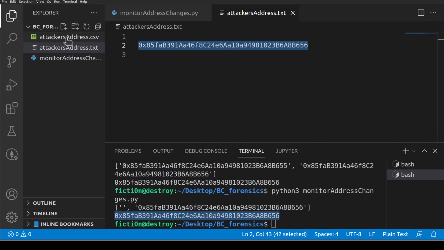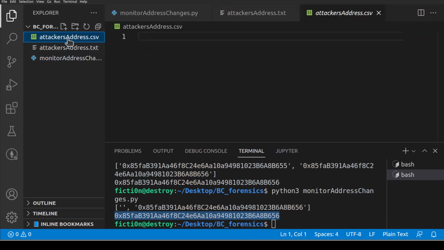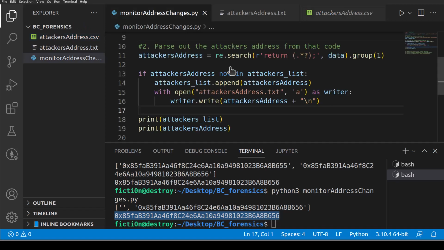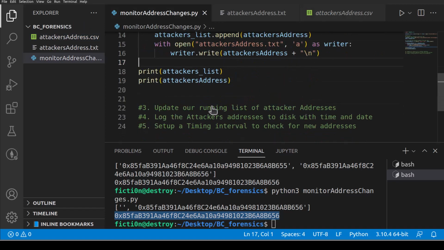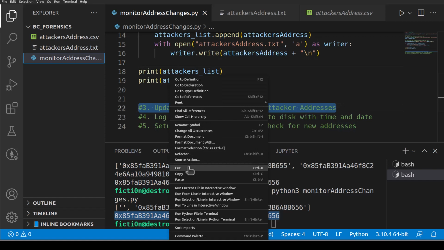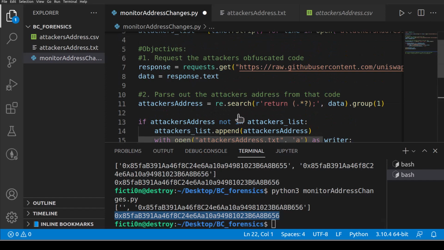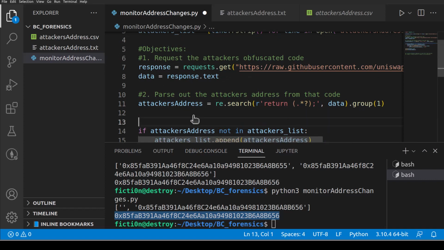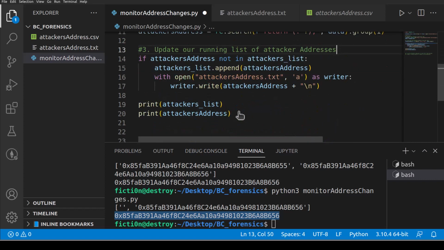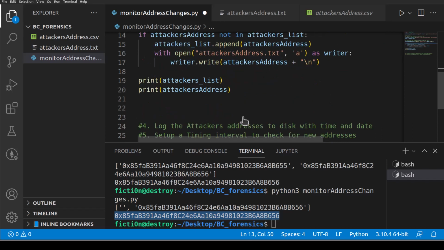But we also have this attacker's address.csv. And what we wanted to do with this was we wanted to add the attacker's address plus the current timestamp. So let's rearrange this code really quick so that we have the things here. So we're going to update our running list of attackers. So let's cut this and put that above there so we just know we're getting through our list here. So we'll say that's doing that there. And then we want to log the attacker's addresses to disk with the time and the